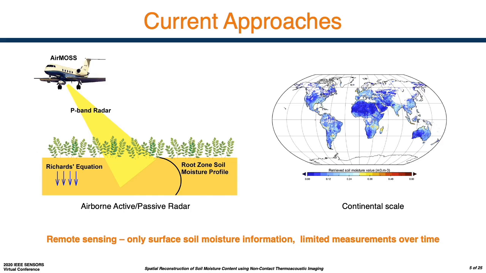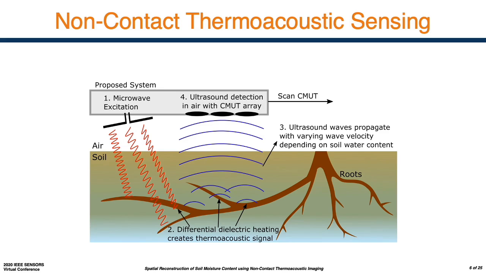On the other end of the spectrum, remote sensing approaches have large spatial coverage but provide limited information about soil moisture profiles with depth. In addition, these approaches suffer from low temporal sampling. There is a lack of technologies that can provide field-scale soil moisture profiles with depth information and over regular intervals of time. In our work, we propose a novel technology that has the potential to overcome these gaps, reconstructing soil moisture profiles with depth while being completely non-invasive.